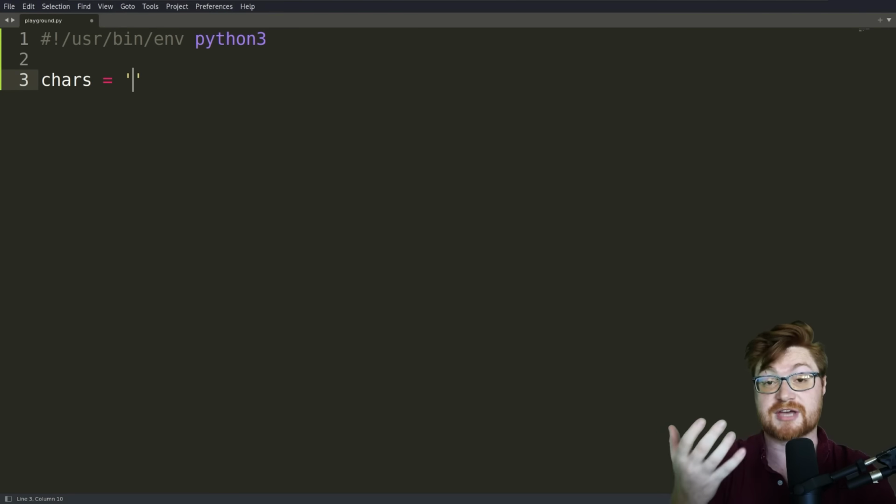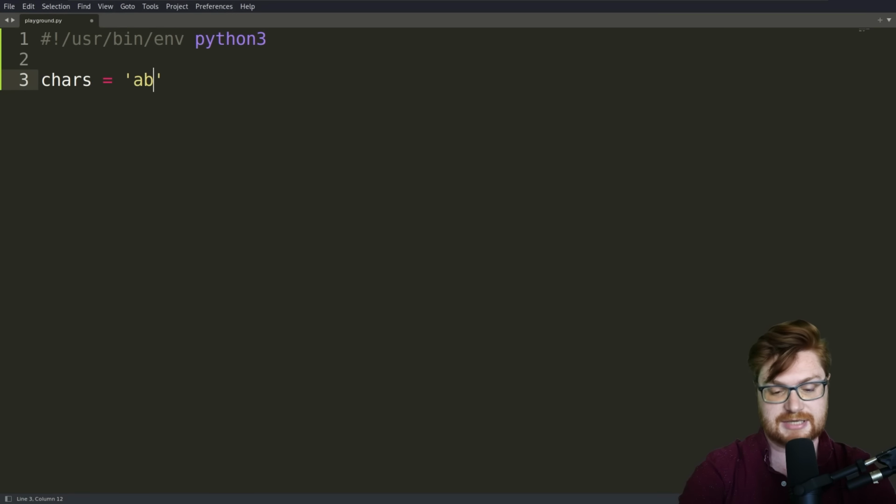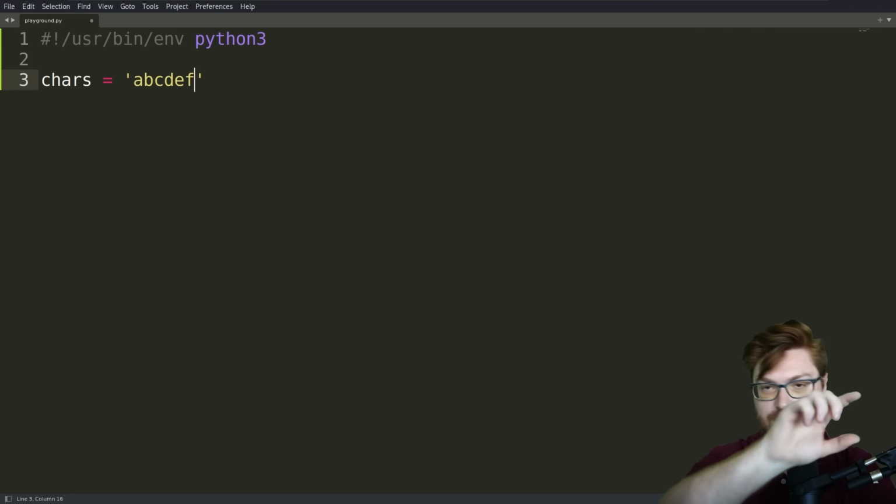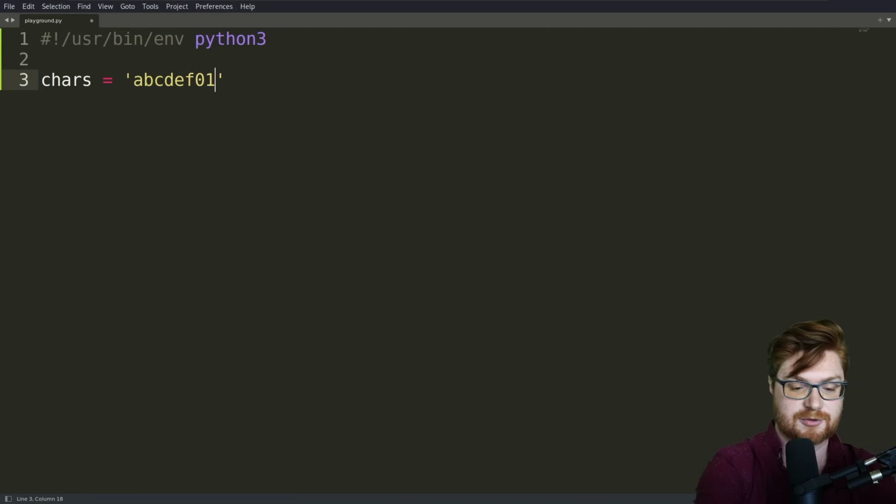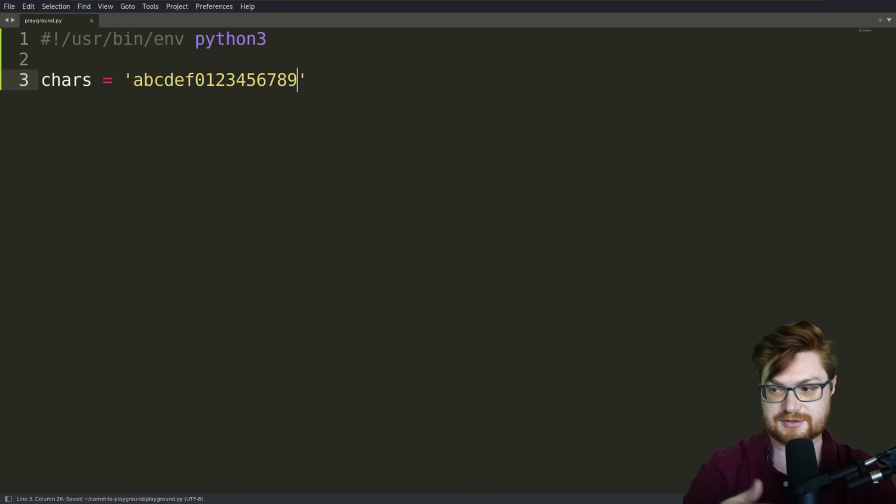hash, right? It is just a hexadecimal hash, so we're expecting A, B, C, D, E, F, all those letters to make it hex, and then the numbers 0 through 9, as you would expect in the decimal representation. But hexadecimal being 16 characters, we've added our A through F.